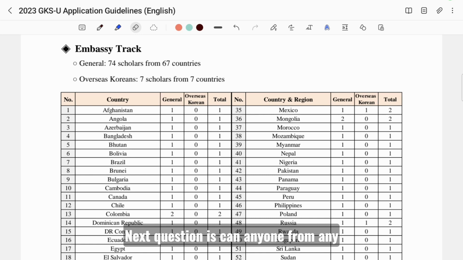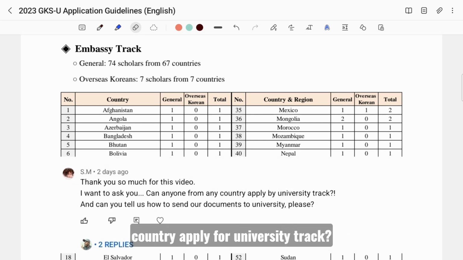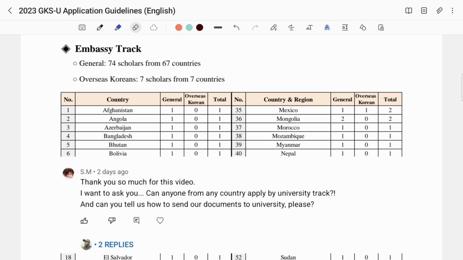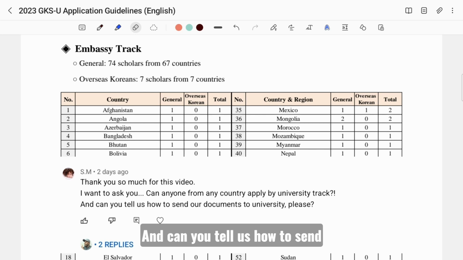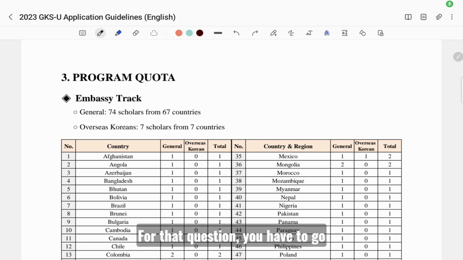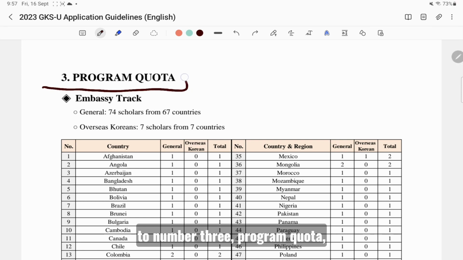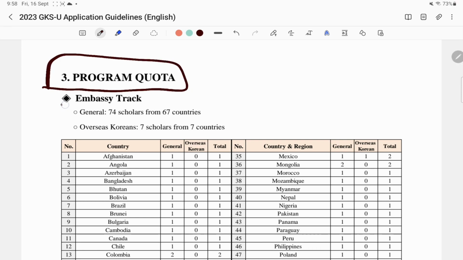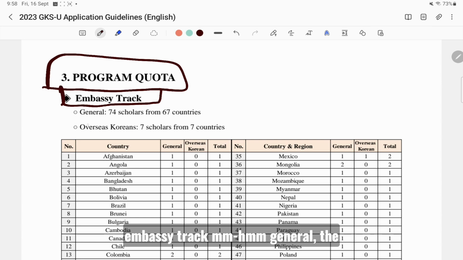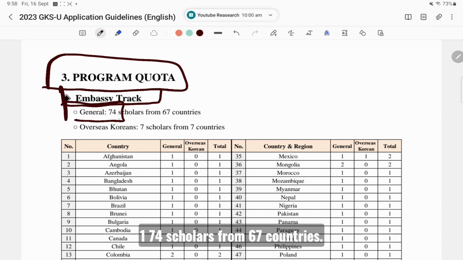Next question is, can anyone from any country apply for the university track? And can you tell us how to send our documents to the university, please? For that question, you have to go to number 3, program quota, embassy track. General, they want 74 scholars from 67 countries.